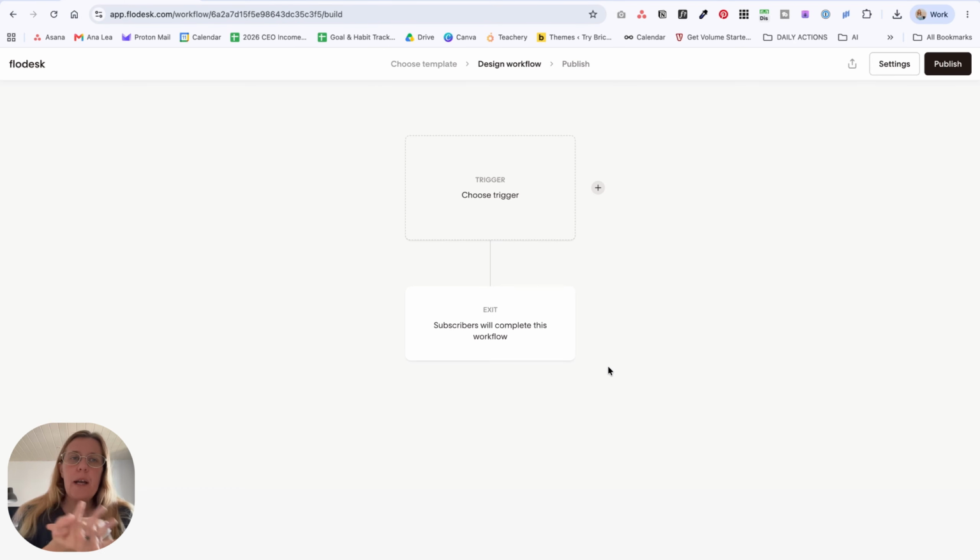Now, if you're new and you don't know what an evergreen newsletter is, it's basically a newsletter that's going out for something like 6 months to a year. That basically makes sure that you are staying in touch with your subscribers even if you don't have the time to send regular weekly newsletters. So the idea is that you will pre-write a set amount of emails, however much you can handle in one writing session or creation session, whether that's 3 months, 6 months, a year, and then you are going to load them up in Flodesk,